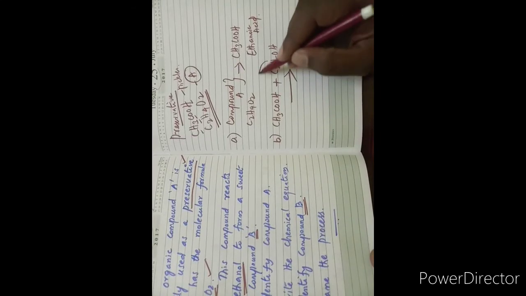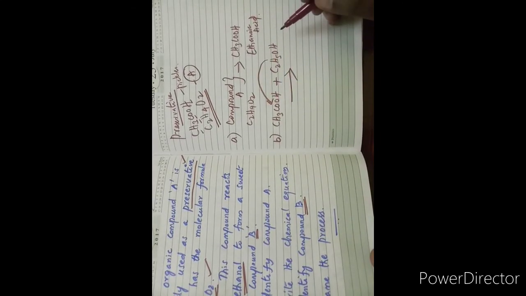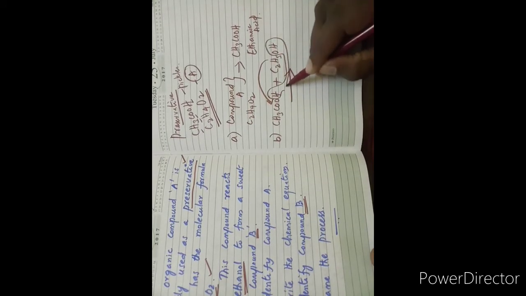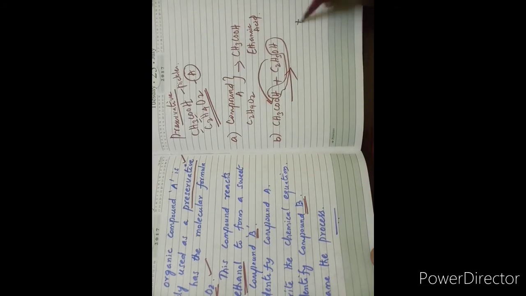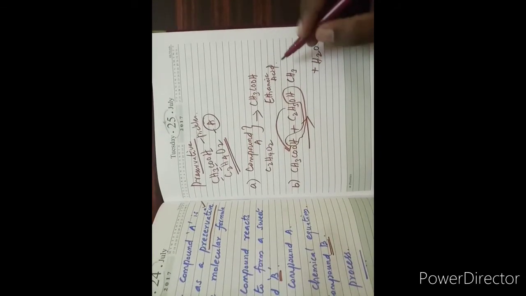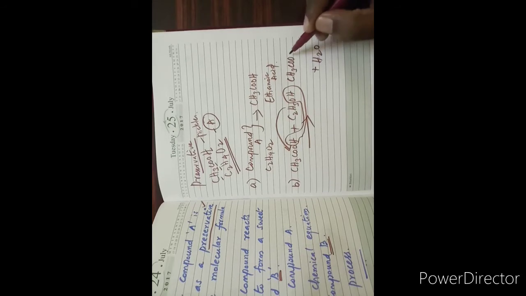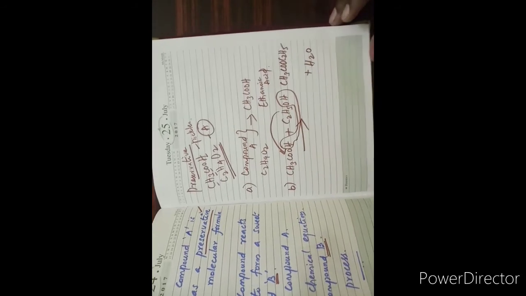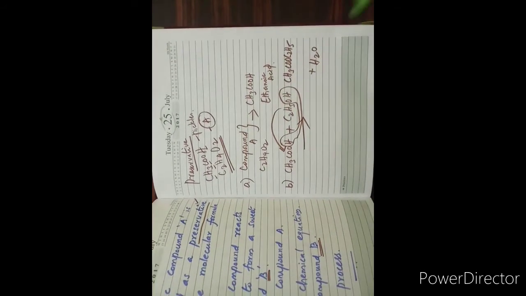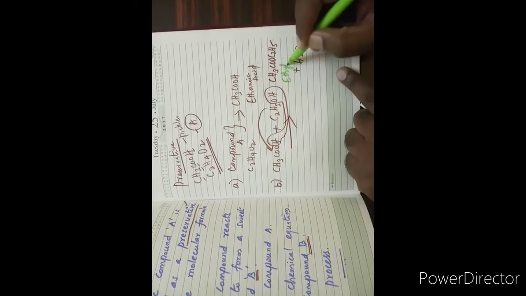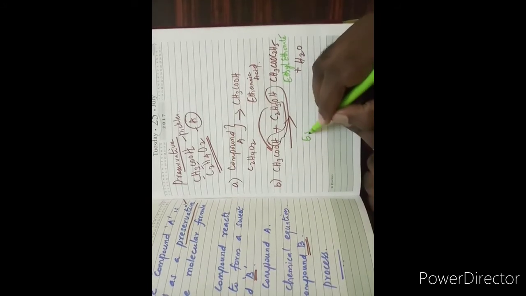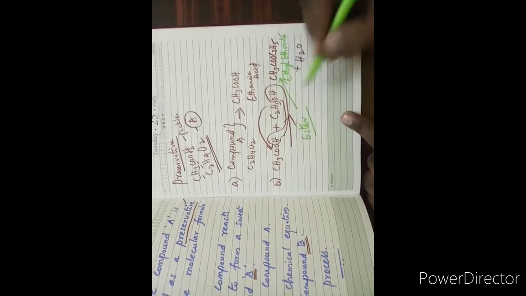This will combine here to form a fruity smelling compound. Then this hydrogen will combine with OH, so it will give H2O, and the remaining CH3COOC2H5 will be there. So this compound is named ethyl ethanoate, or we can call it an ester. So this compound has two names.